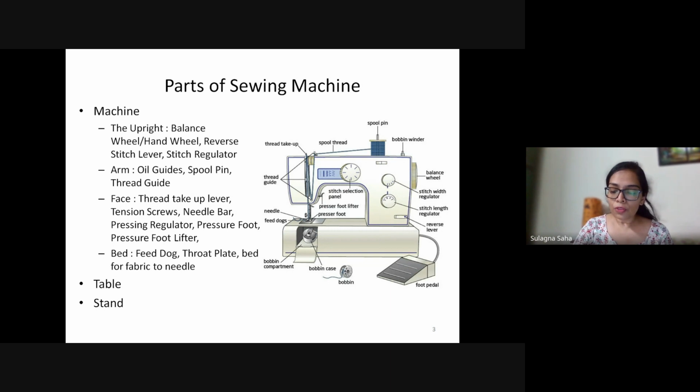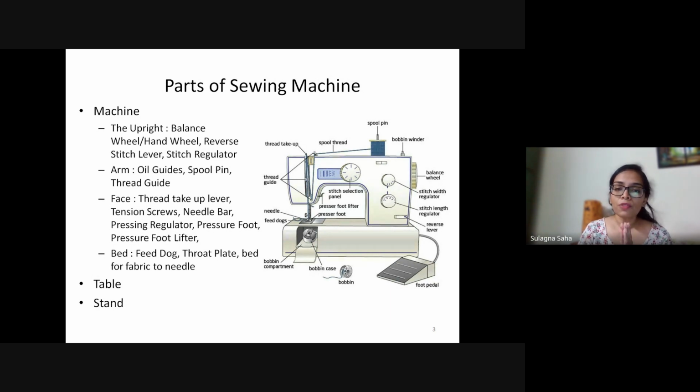Now, the purpose of the pressure foot is one of the very important parts. It keeps your fabric from moving here and there. For example, if you're stitching a corner, you have to rotate your fabric, and your pressure foot has to be lifted up. In those cases, make sure the needle is inside the fabric. Otherwise, the stitch might not fall in the proper line where you want it to be.